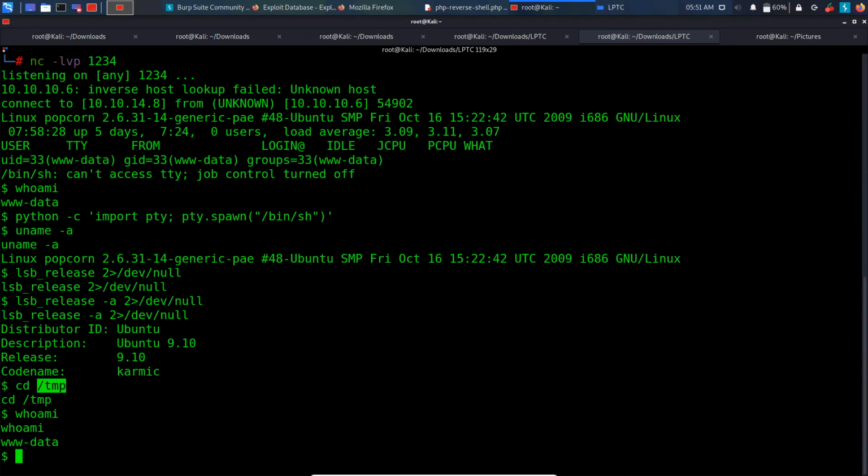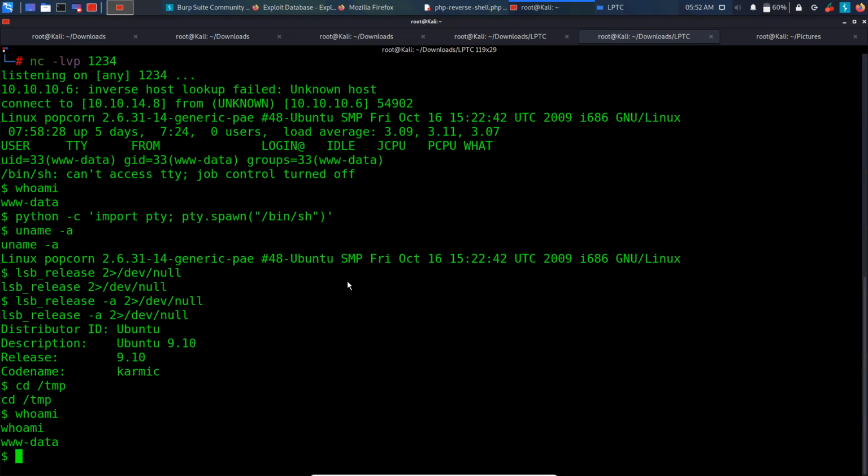And those people who are preparing for OSCP, I have a trick for you. So the trick is, when we are exploiting a kernel vulnerability, it is very much advised that you compile the exploit on the target system. So the target system over here is this Popcorn. According to everyone, if you compile the exploit on your system and send it, it won't execute most of the time. But if you compile the exploit on the target system, it is more effective. But to do that, we need a compiler.